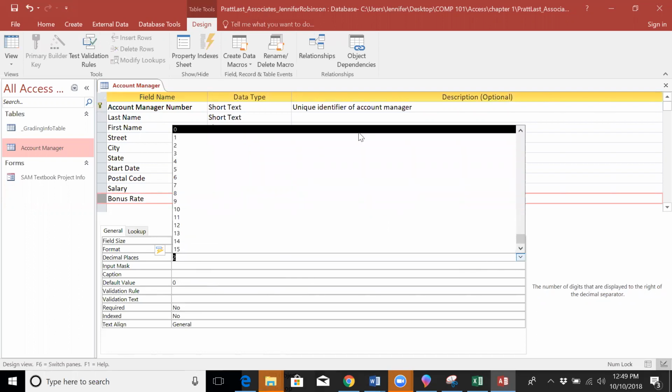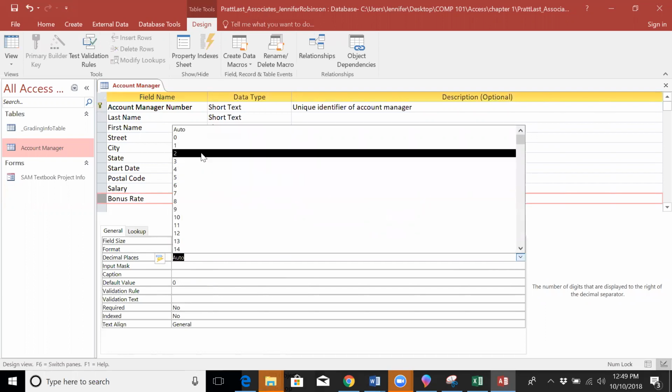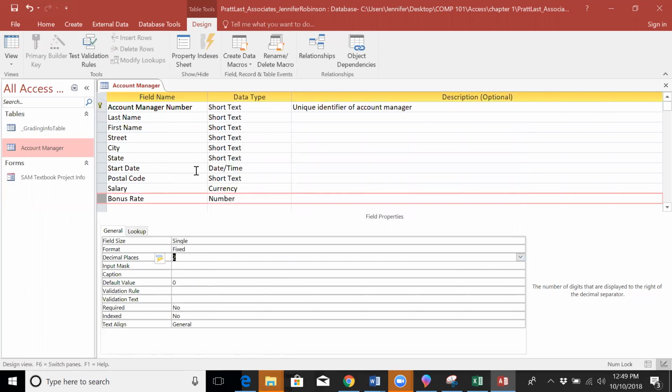And for the decimal places, it was probably set earlier at auto. We need to set it at 2. So you can see I've got single, fixed, and I've got 2 decimal places set for the bonus rate. I'm going to save this, and that brings us to